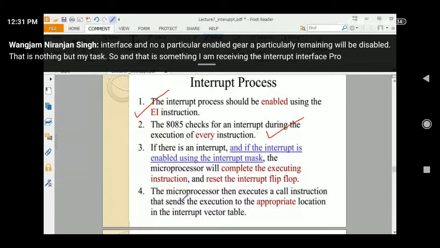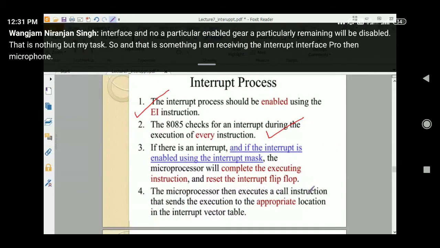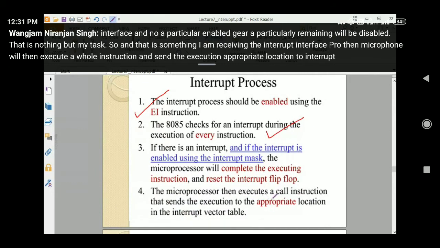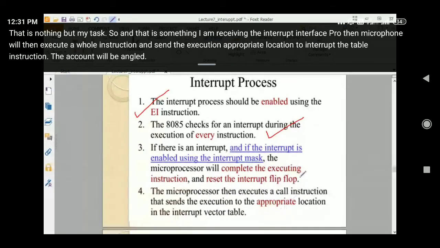Then the microprocessor will execute a call instruction and send the execution to the appropriate location in the interrupt vector table. Whichever interrupt is enabled, it goes to its corresponding particular location in the vector table.